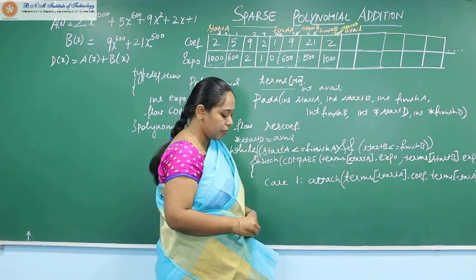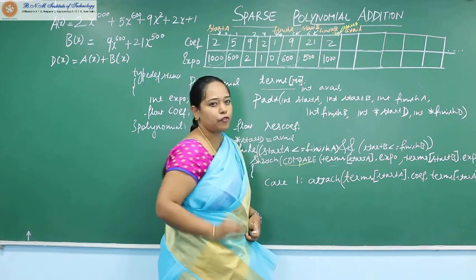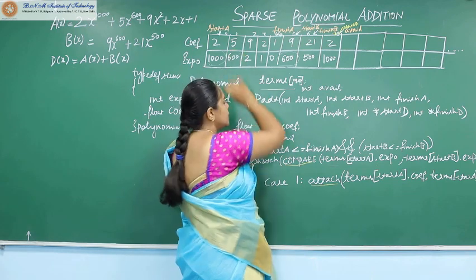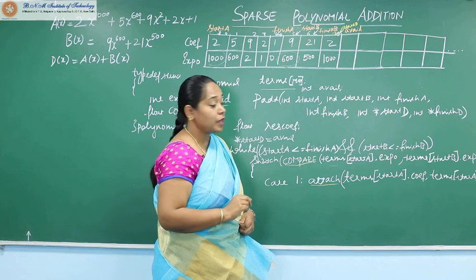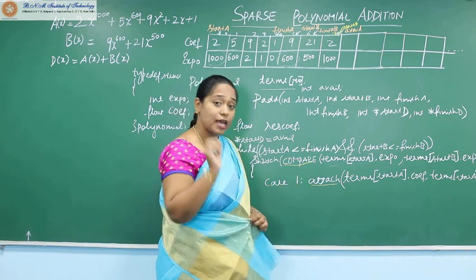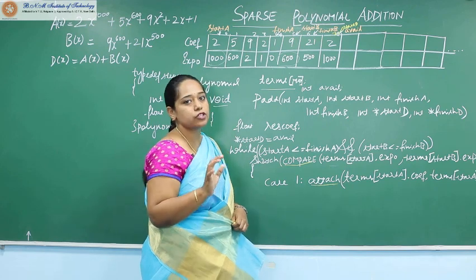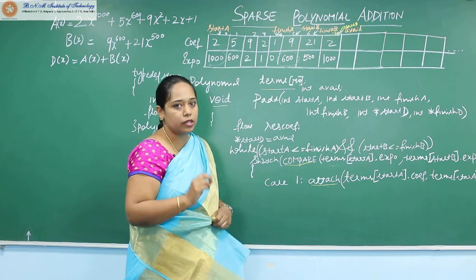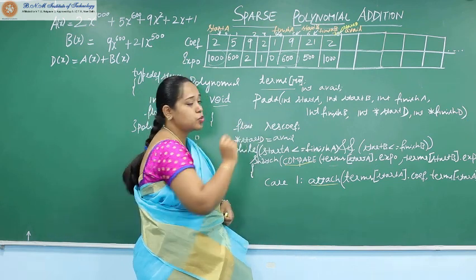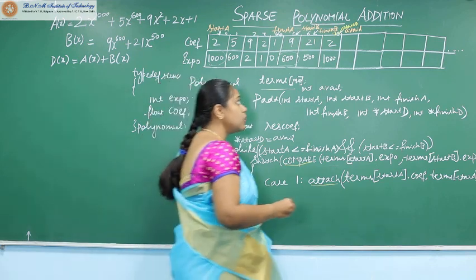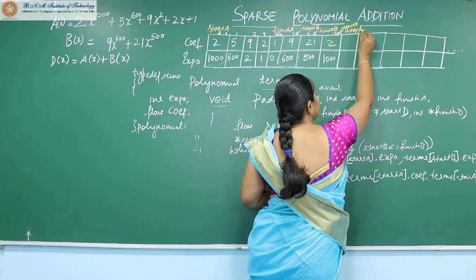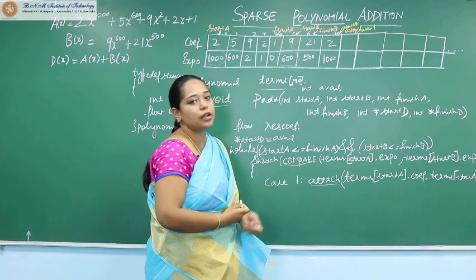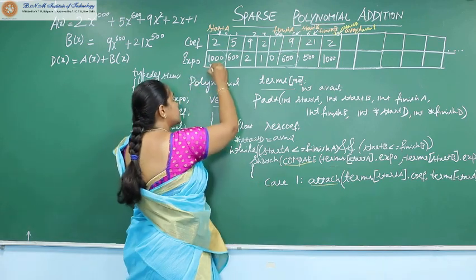So for PR to be complete, we need the support of this compare function or compare macro. We also need the support of attach, which is going to pick up these values 2 and 1000 and attach them. Attach has access to avail because it's also a function belonging to the same code, and avail is global. Whatever the value of avail is, it's available to all the functions. So attach will take care of putting 2 and 1000 into the terms array, and it will also increment avail. So avail value is no more 7 but 8, and who did that? The function attach. So we are actually done with this particular term.